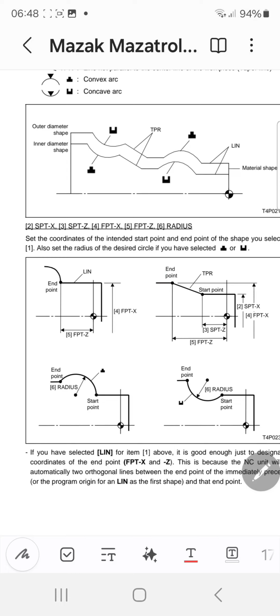So if you want to work like this, you must understand about the Z line, and